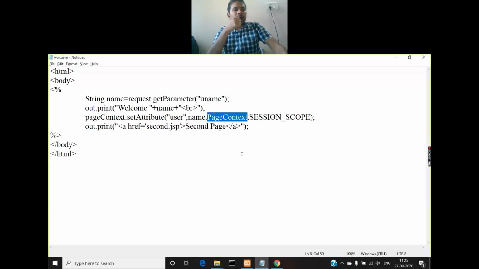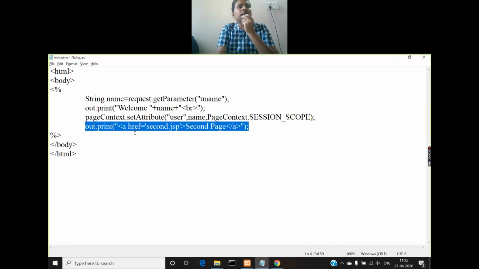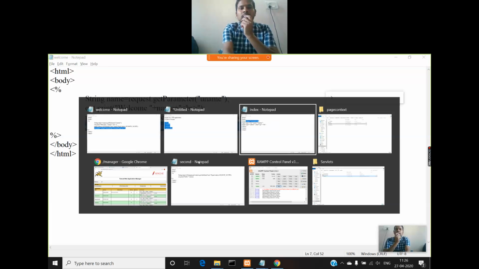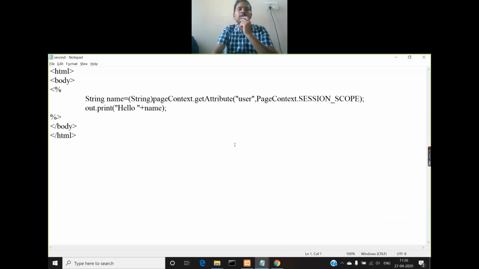We are creating an attribute with its name as user and its value as whatever value you entered in the text field. Then, using out.print, you display a hyperlink called second page, which upon clicking will redirect you to another JSP file called second.jsp.